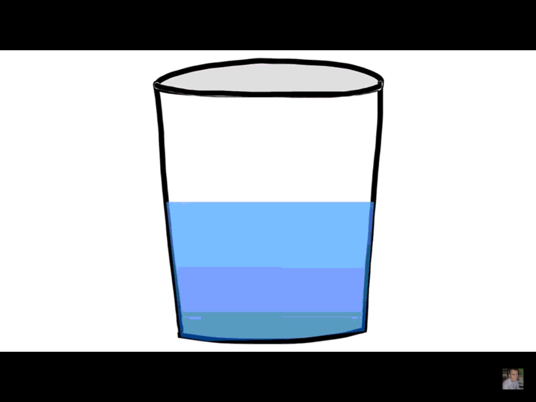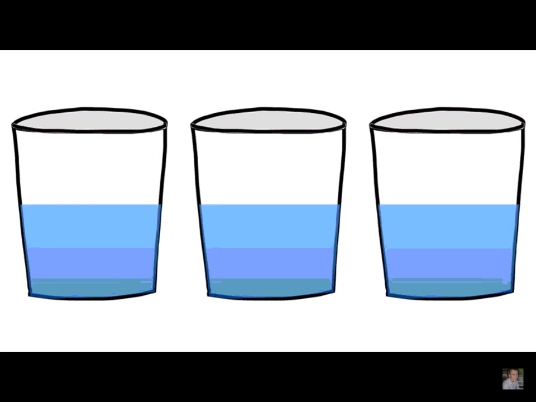The density of liquid water is 1. Objects with a density of less than 1 will float, and objects with a density greater than 1 will sink. Take a look